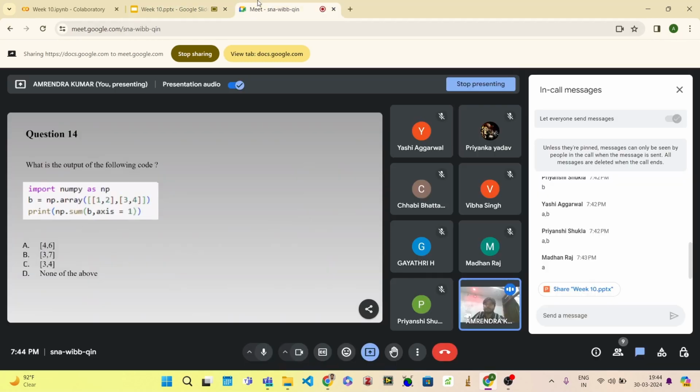The next question is, what is the output of the following code? So again, one of the properties of the array. What we are doing here, we are importing NumPy as np. It's just a simple term because programmers love to write NumPy as np. I don't know why, and I have also followed them. So I wrote the NumPy library as np. It's a nickname of NumPy, and then we have a variable b, and that is nothing but np dot